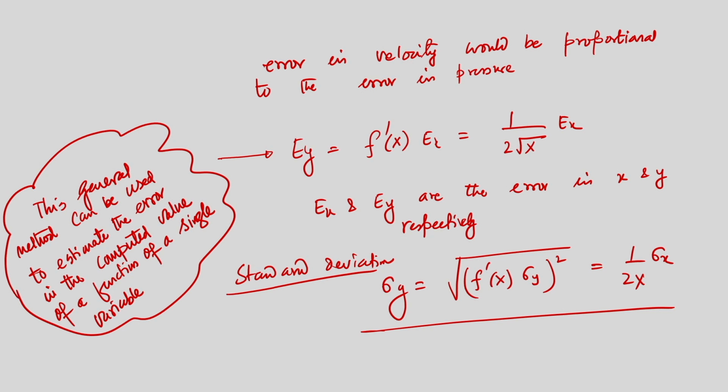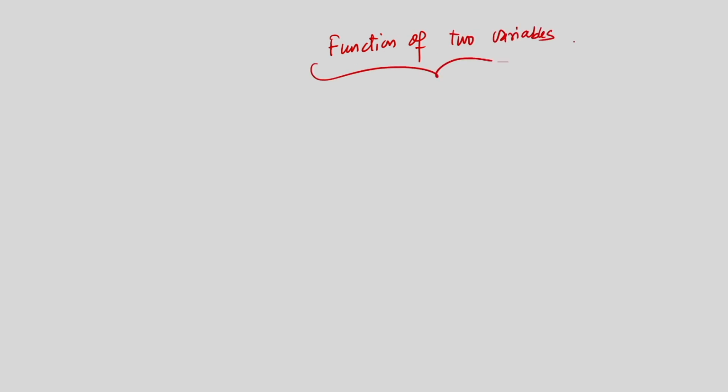So, till now we have discussed a case where we have calculated y, which is a function of a single variable, but now we will see the case of a function of two variables. Say we have a function z which is f(x, y), with similar notation as above. That is, we have a function z which is a function of two variables, x and y, with the similar notation that we have discussed till now.